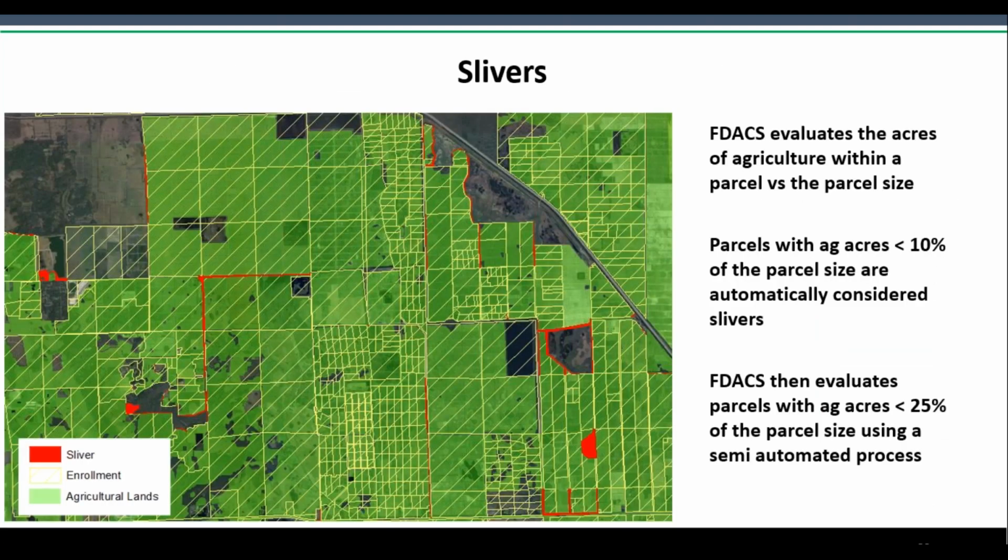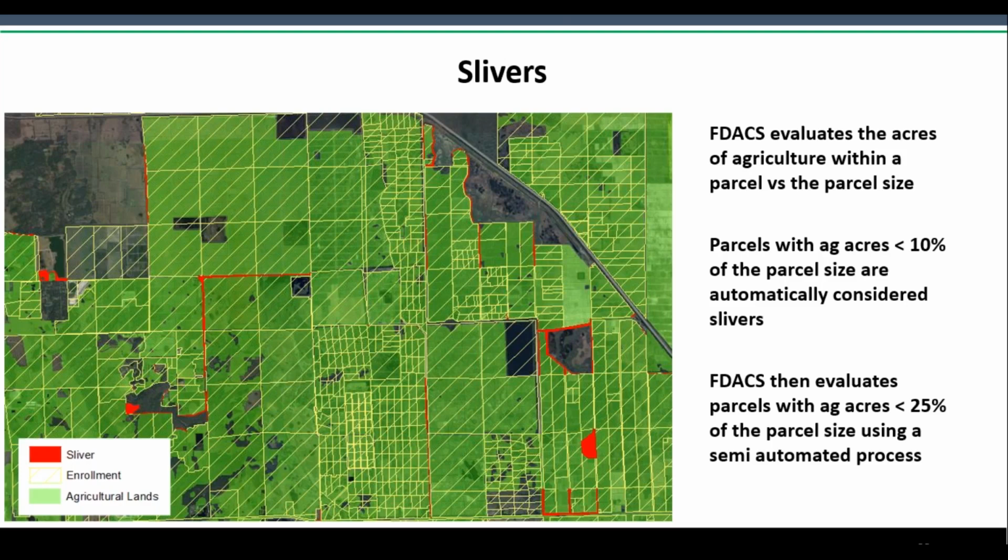So through this process, we often come across slivers, and a parcel that only has a small percentage of its area identified as agriculture is what we call a sliver. These are produced when data sets such as the land use and the parcel boundaries are overlaid, and then due to the small differences in geometry, the resulting spatial boundaries do not align precisely. And from our perspective, slivers are not enrollable because they are an artifact of the geospatial analysis and do not represent lands with active agricultural practices.